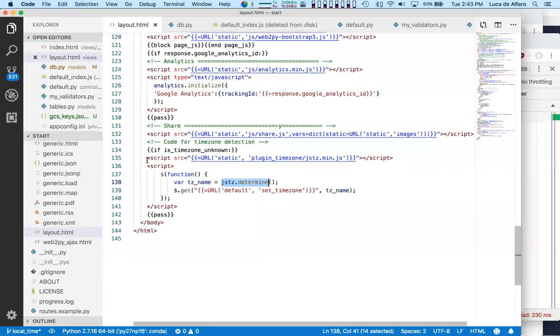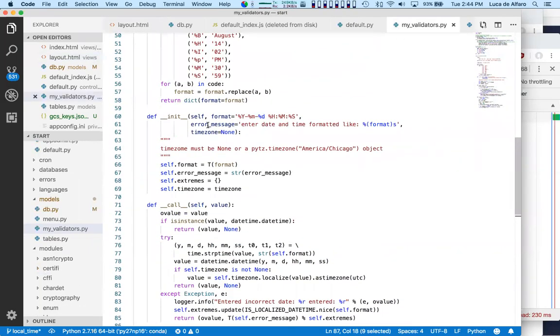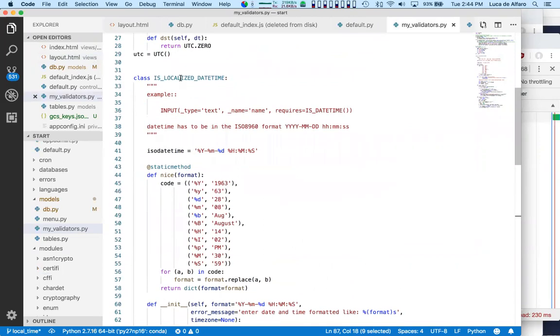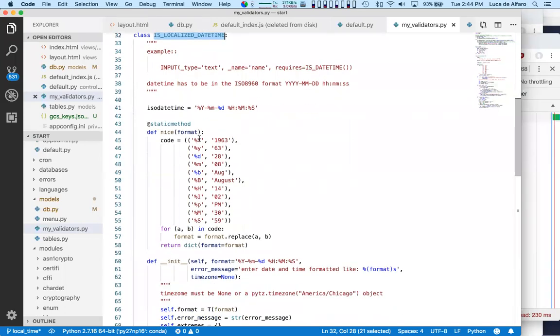So I use a plugin in order to detect the time zone in the browser. I use an AJAX GET request in order to communicate to the server. And when I communicate to the server, I do two things with it. I define the translation back and forth from local time. Okay, this via this isLocalized date time class that I wrote. This class works in the same way as isInteger in range, or isFloat in range, or isEmail, all the other validators of Web2Py, right? If you look at the documentation,